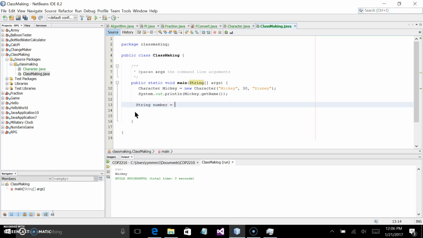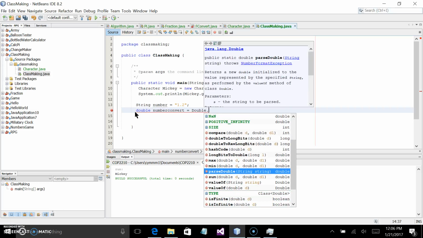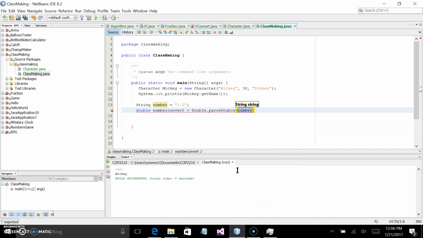String number equals 1.2, and let's say we want double number convert equals Double dot, and if you go down, I believe parseDouble. As you can see here, parseDouble takes the parameter of a string and it returns a double. All these things on this side return double or int, long, whatever. And here is the constructor, the method that is needed to run. So parseDouble number, and if we print this out,